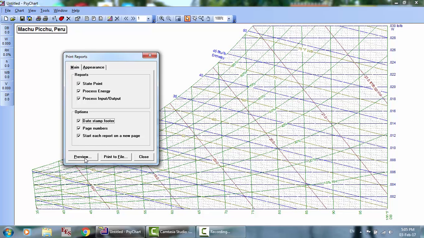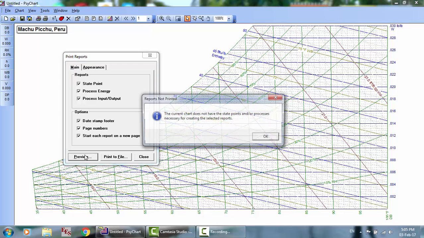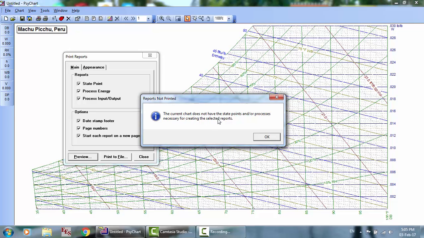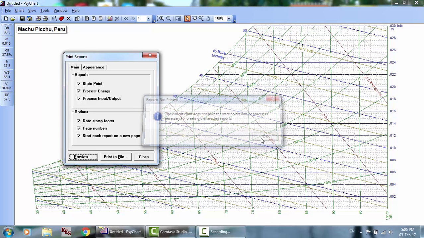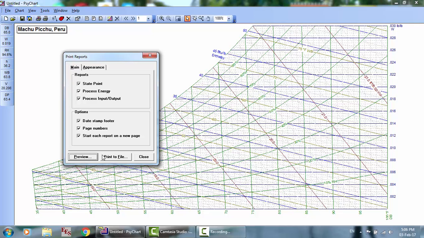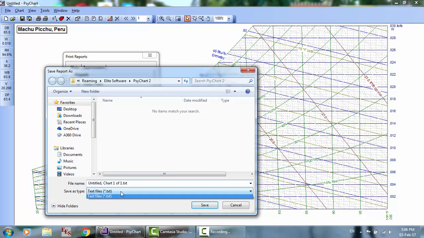Then you can preview the report, but if I click on preview now, the current chart does not have the state points and or processes necessary for creating the selected report. This is because this is the first time we use this software. And here you can print it to a file, text file,